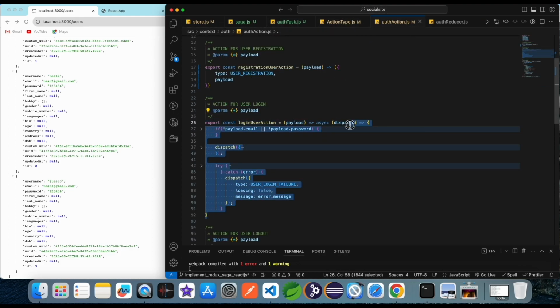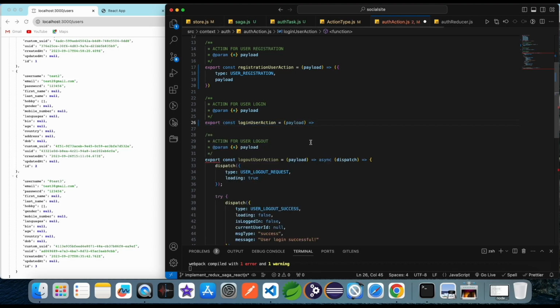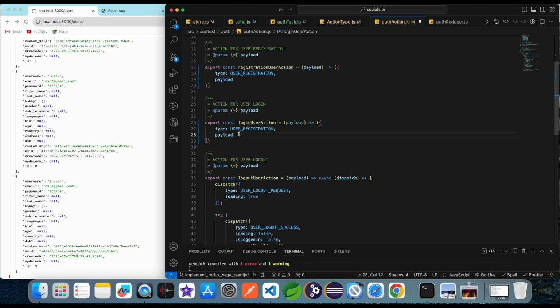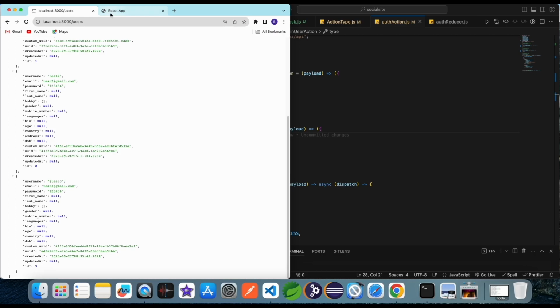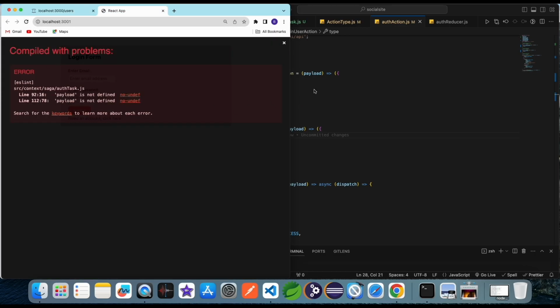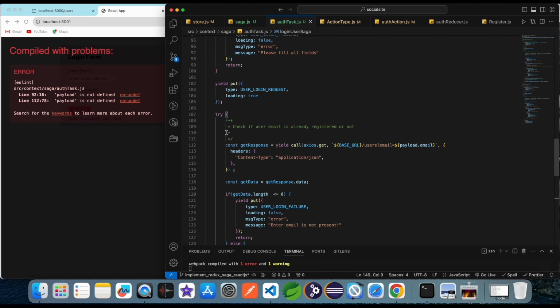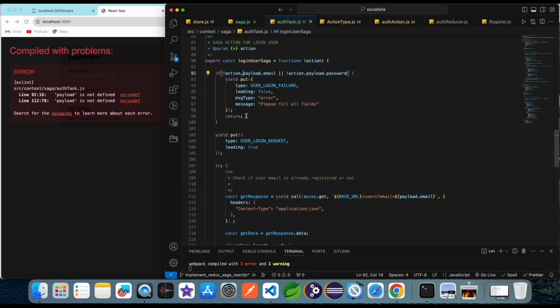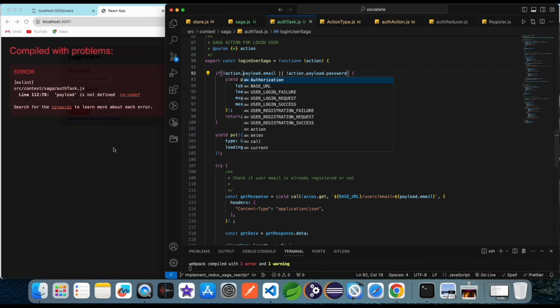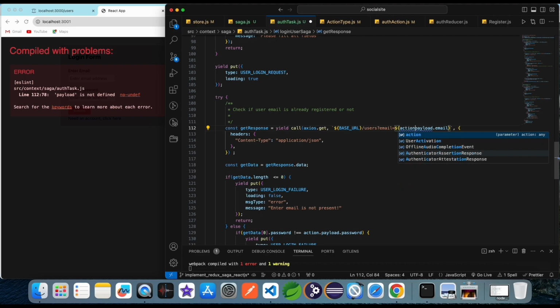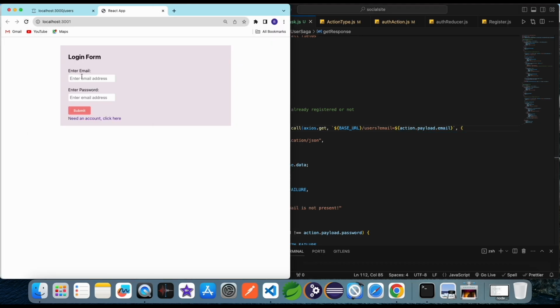Also change in action, call the function and type is user login and pass the payload. Here is the error, line 92. Okay, dot and payload in 112, action.payload. If I log in, and it's working,